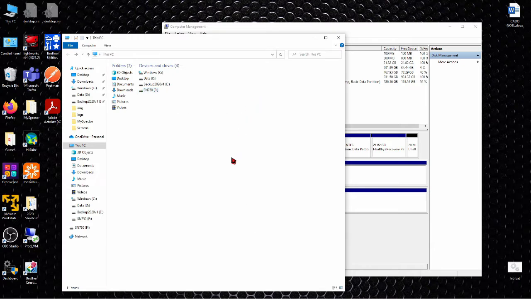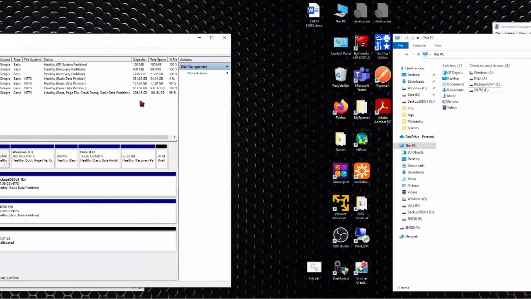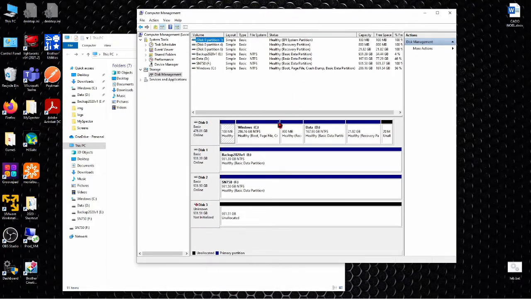Now we are going to see how to put the C drive inside the F drive to be able to boot on it. I have connected an additional disk in addition to the NVMe drive. The additional disk is connected by USB and it will be used to create the system image of Windows.